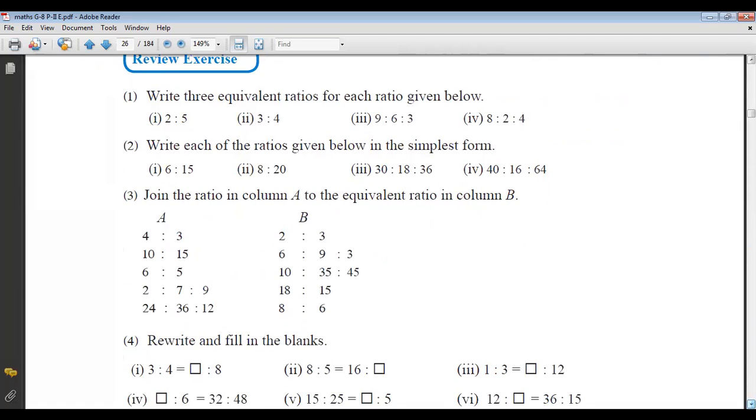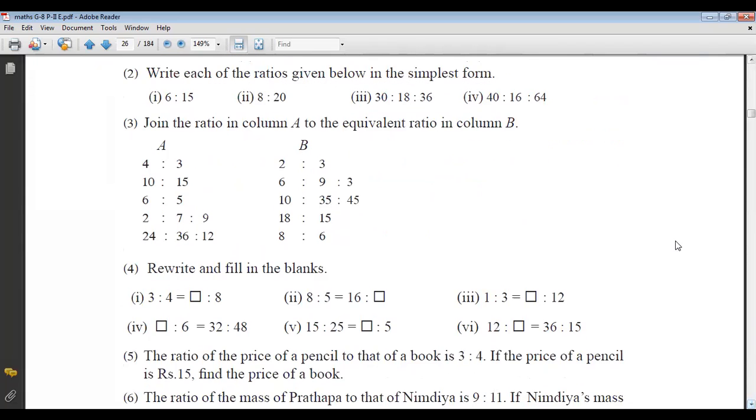Now, other work you can do. If there is any problem, you just